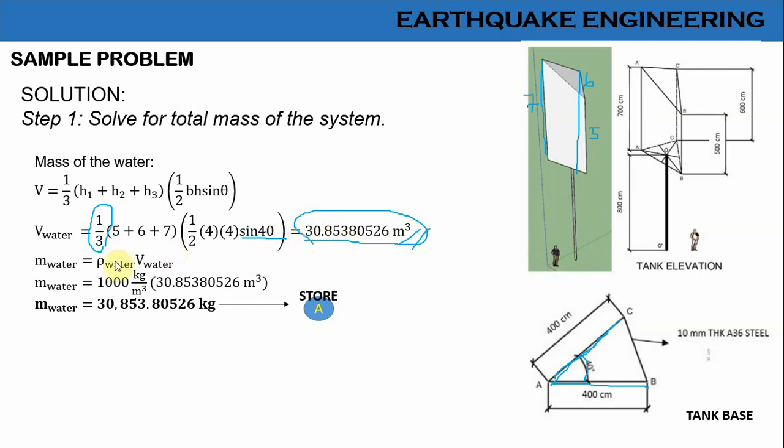We already have the volume, so we solve for the mass. The formula is rho equals mass over volume, so we just cross multiply rho and V. The mass of the water is equal to the density of water times the volume of water. We have the volume, times the density, which is 1,000 kilogram per cubic meter. And we have this value,